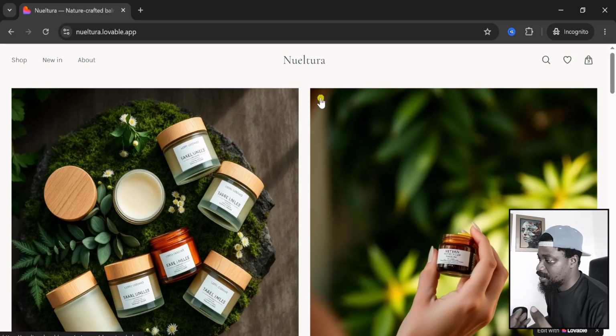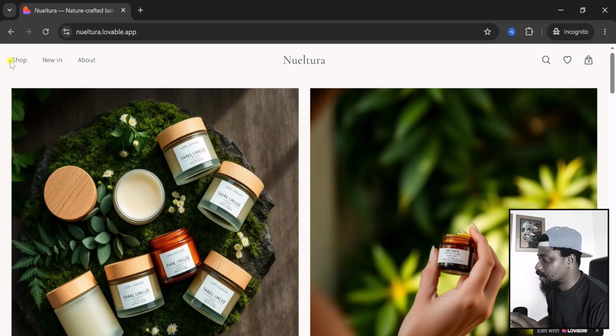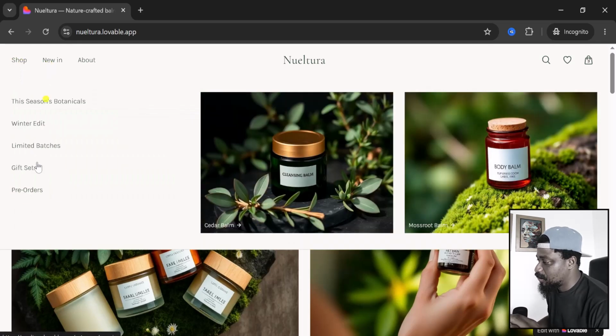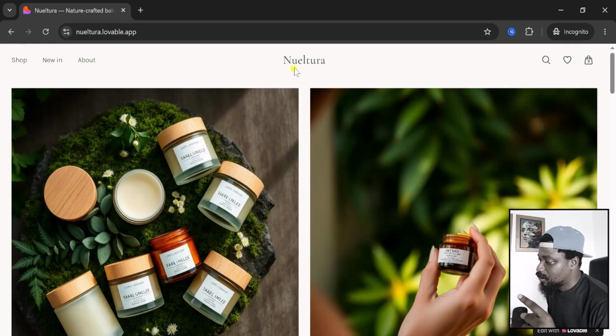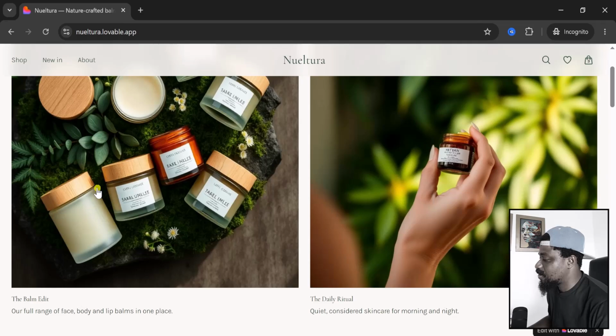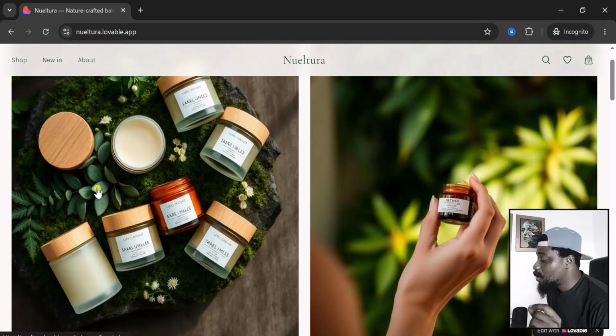A few things are missing here, but that's because I've not added them yet. But here you can see we have the shop page and then the different categories. We have even the new in and we have an about page. It also has this branding and logo it has built for me. It has this search button, it has this wish list, and then it even has the cart bag. All right, so you see that this is fully, professionally designed, with the images professionally generated and